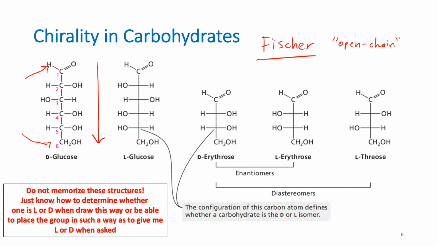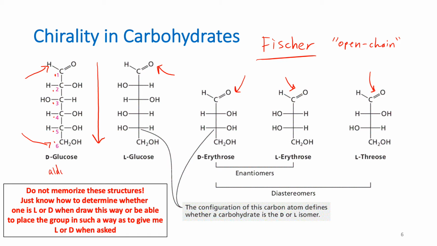Now, depending on the identity of this functional group at top, that is going to tell you whether it's an aldose or ketose. So be thinking to yourself right now, the ones I just pointed to, are those aldehydes or ketones? Hopefully you came up with aldehydes, and so these are carbohydrates that are going to be called aldoses. Now the next question is, now that you know that those are aldoses, how do you know how many carbons there are? Well, you're in organic chemistry, you know how many carbons there are. So as detailed here, 1, 2, 3, 4, 5, 6. There's 6 carbons, so you might actually call this an